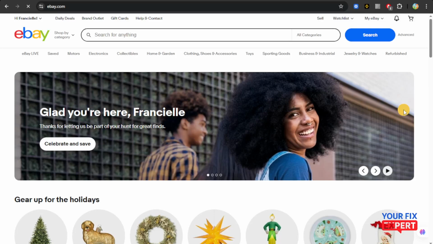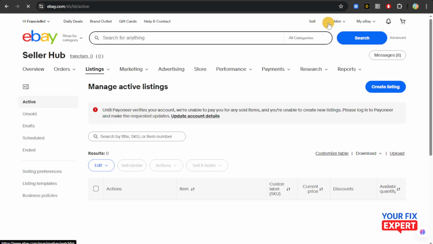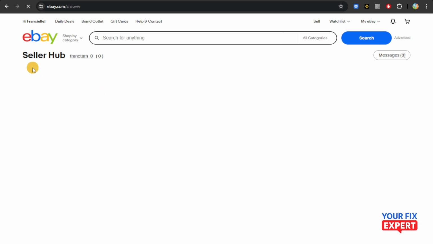This is how you're going to reply to negative feedback on eBay. First, you're going to log into your eBay account. From here, we're going to select sell right here from the top right of our screen. And then from the sell section, we're going to click on overview right here so that we'll be able to